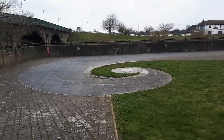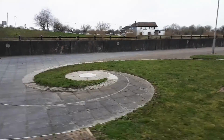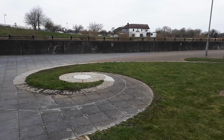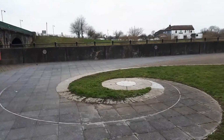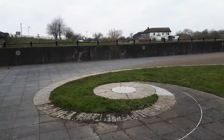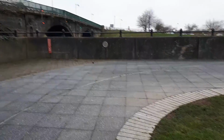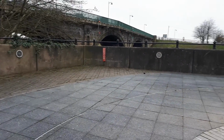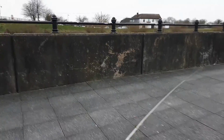And over the past couple of days and today I've been exploring Gainsborough because I've never been here before, and there's a few good places to explore. Now, obviously, there's a few places in Gainsborough which is exactly the same as most other places in the UK. McDonald's, Waitrose, the Lidl's, Aldi's, your standard town centre. But then, at the same time, there's always something different, something special to learn about. Which brings us to our location right now, and right in front of us